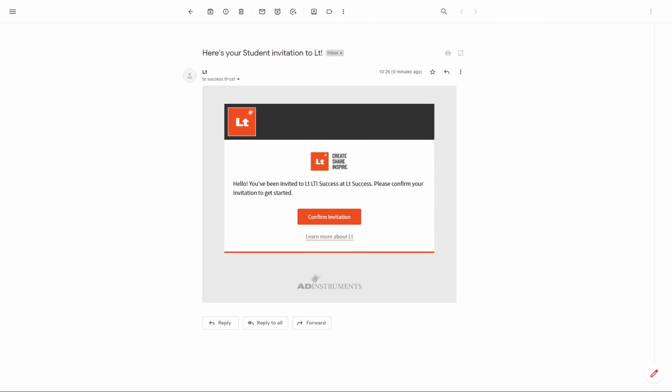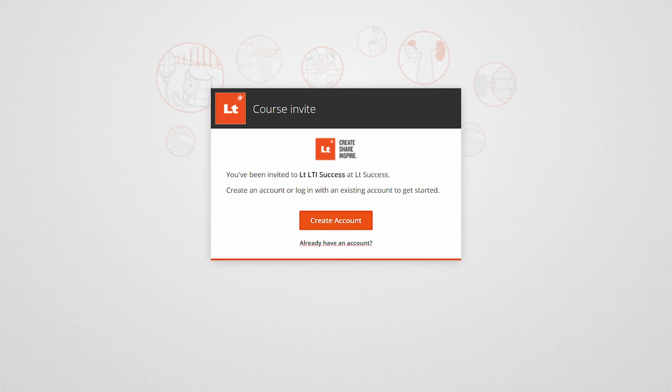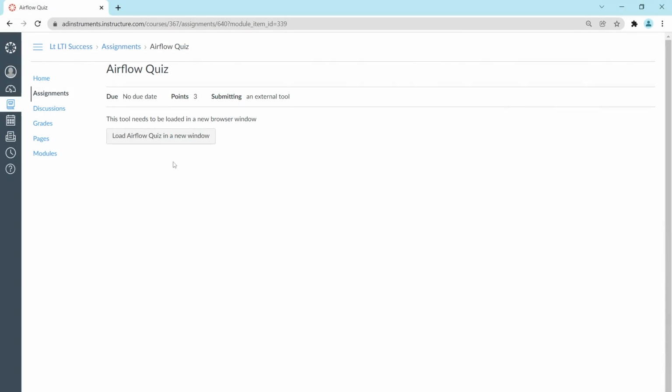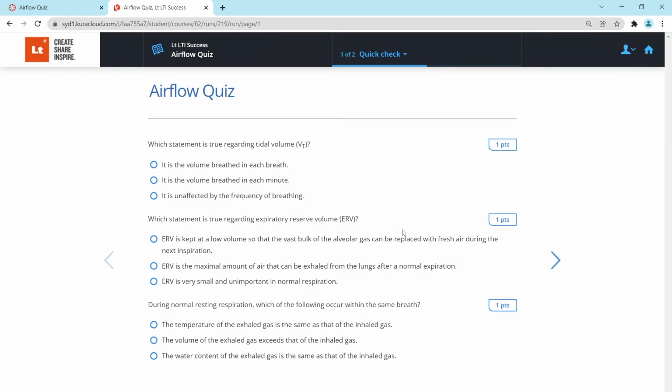Students will be sent an email invite to the LT course that the linked LT lesson is within. If this is the first time a student has been invited to LT, they must accept their email invite and follow the steps to create an LT account. After doing so, they can then successfully follow the link from the LMS course to the linked LT lesson.